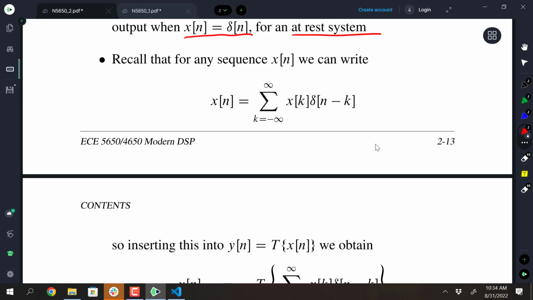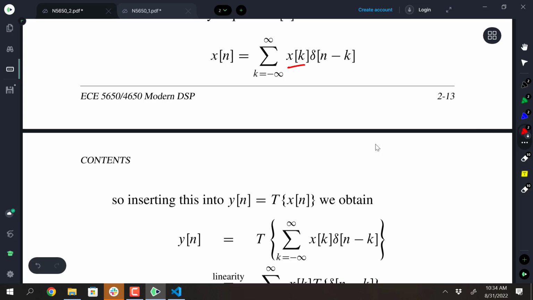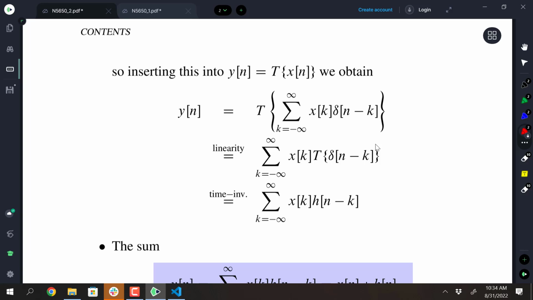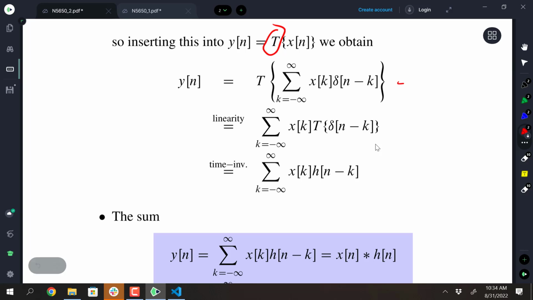And now remember that for any system we can write the x of n as a linear combination of sample values of the input and time-shifted deltas. So the game we play now is we say let's apply an operator around that x of n and expand that x of n using that sum formula. And so that gives you this line right here where you have the sum over all the values of the input as weights, x of k, and then time-shifted deltas. And now we invoke